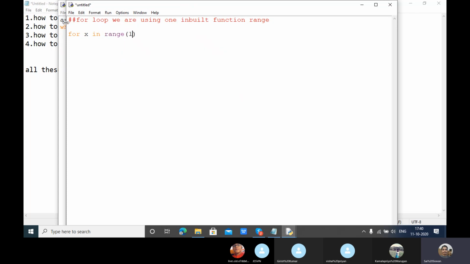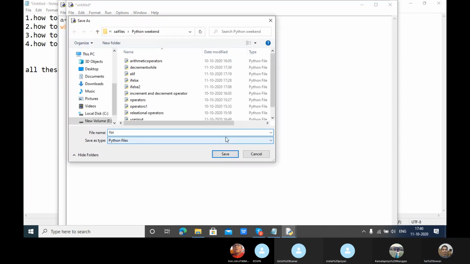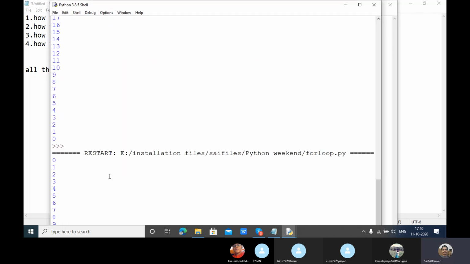Here if I give 10 and print, see, it is printing values from 0 to 9.